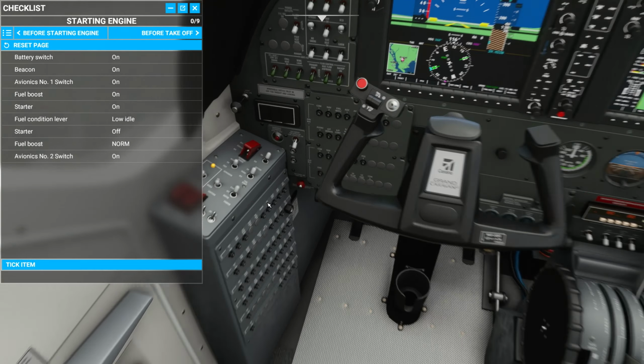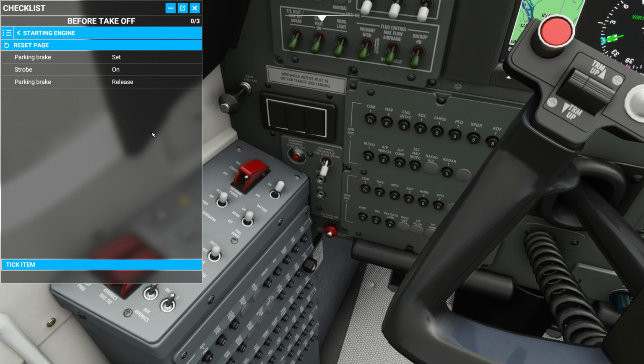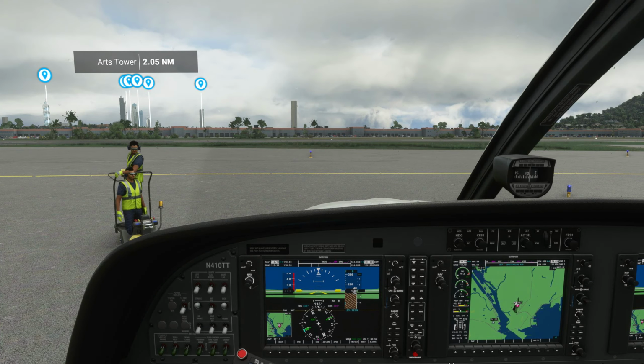Now the starter can come off right there, and fuel boost can go back to normal, just right there, and avionics 2 on. Before takeoff, parking brake, strobe and parking brake release. That's all we get. Okay, I gotcha. I understand what's going on. I promise I do. Alrighty, let's use...